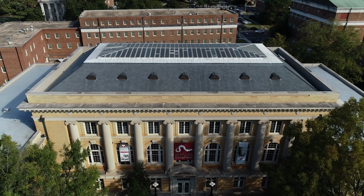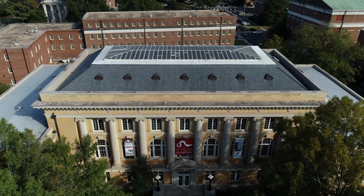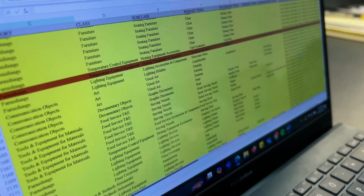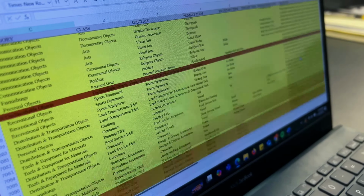Hi, my name is Summer Pettis. I'm a senior here at the University of Alabama. I am currently majoring in history, and I work in the Museum of Natural History's History and Ethnology collection with Dr. Brandon Thompson. And for the last year and a half, 2 years, I've been working to update the database